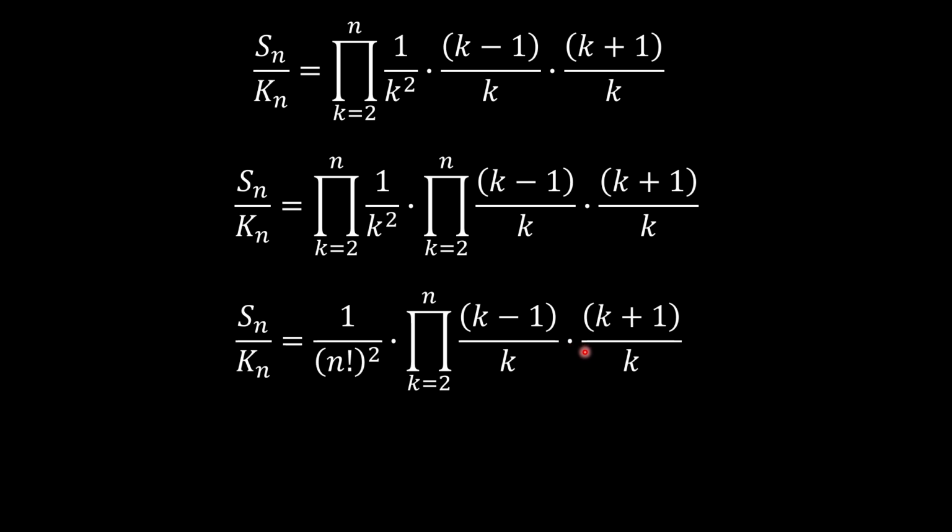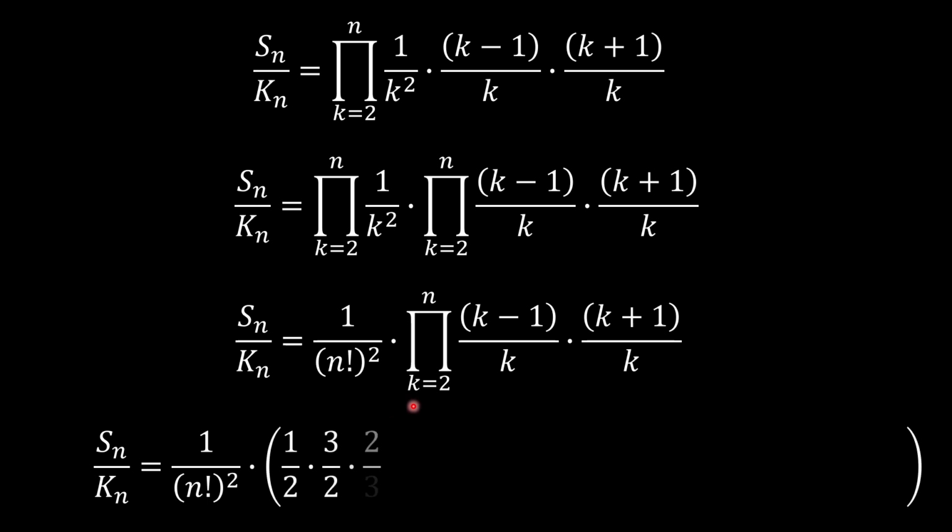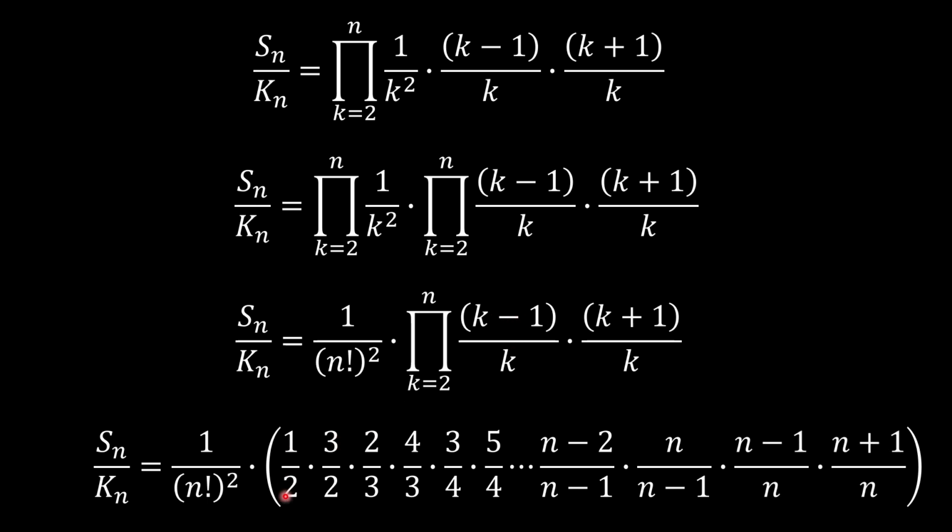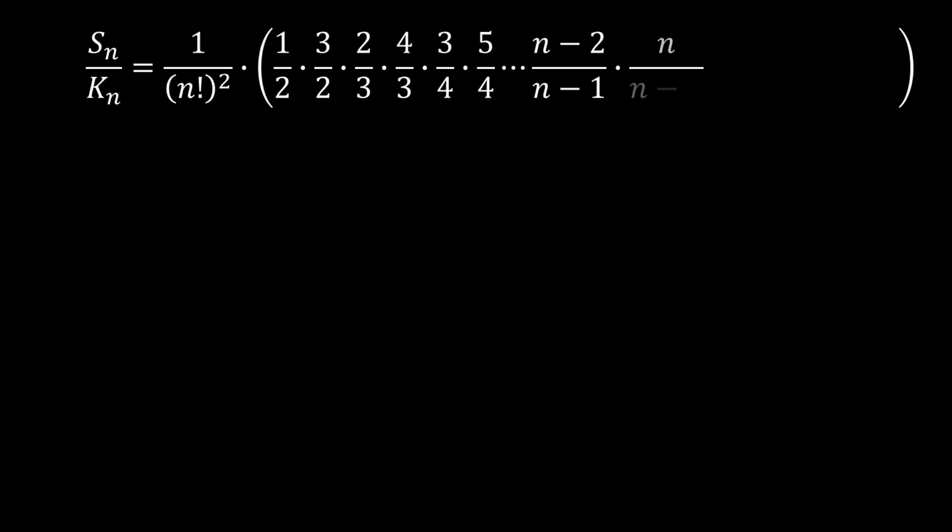Here, if we blow it out a little bit so that we see what we're doing, from k equals 2 we have 1. So when k equals 2, this becomes 1 over 2 times 3 over 2 times 2 over 3 times 4 over 3, all the way up to n minus 1 over n times n plus 1 over n. So there are some things that can cancel out, and we're going to see that. Okay,